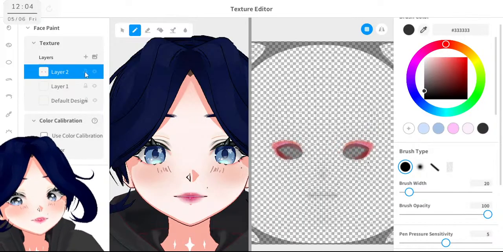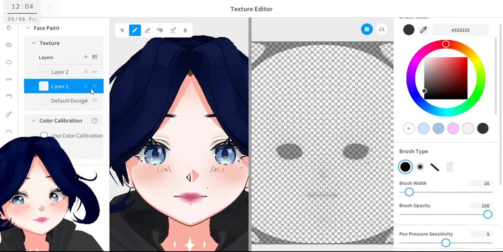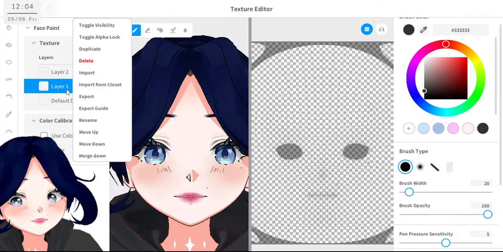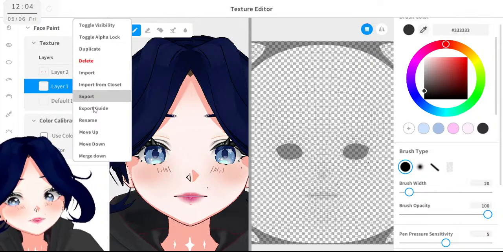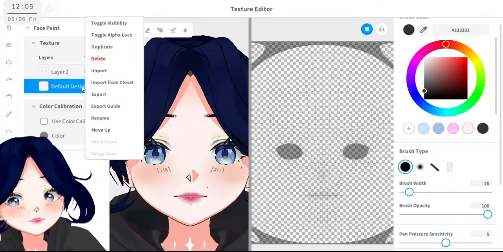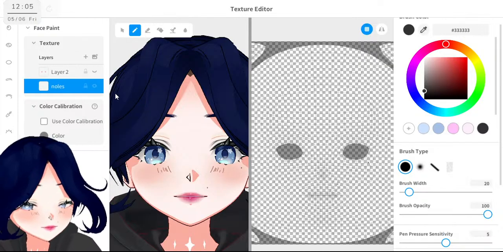And here I have, this is the lip. Okay. Let's merge down those two and change name, rename nouns.